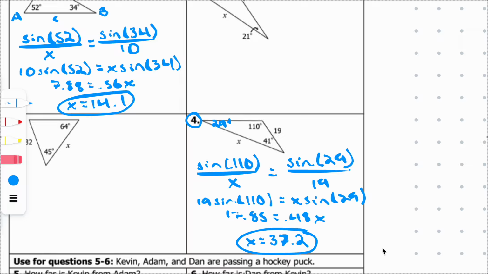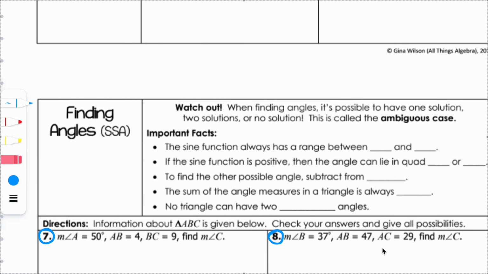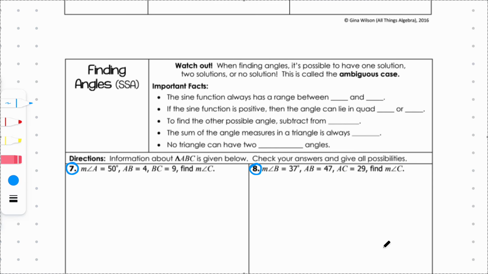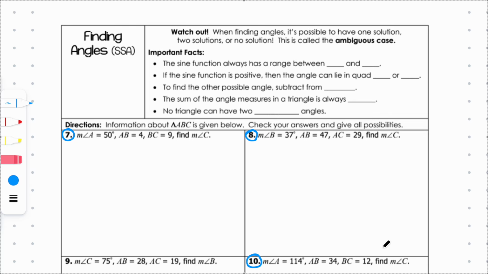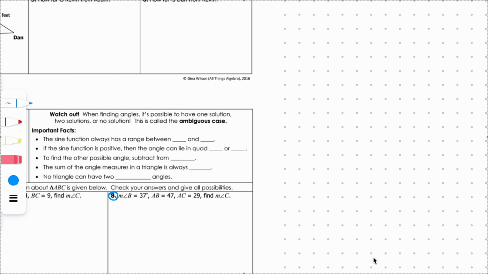Okay. Great. Okay, so now let's use that same law of sines to help us find angles when we have SSA. So let's think about a sine function, right? We haven't really talked about graphing sine functions yet, but let's think about our unit circle, which we talked about last lecture,